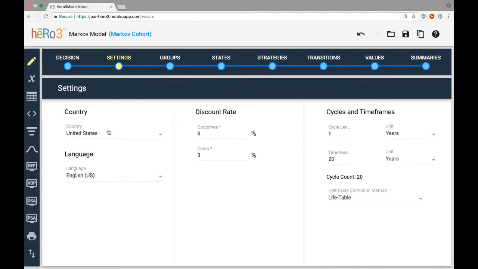And so here you can see we've set the country to United States. We've set discount rates for outcomes and costs to 3%. We have an annual cycle for 20 years. And we're using the life table method for dealing with the trace. And so adjacent entries in the trace are going to be averaged when calculating our costs, life years, and QALYs.